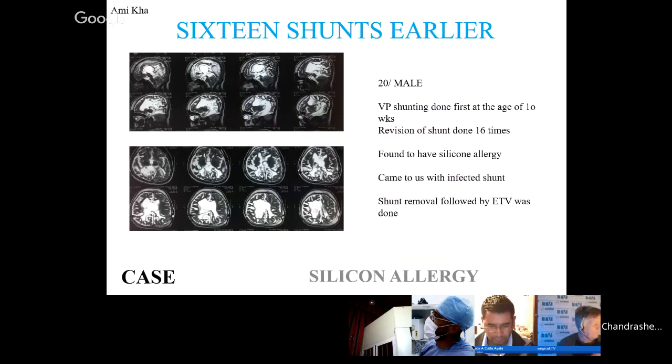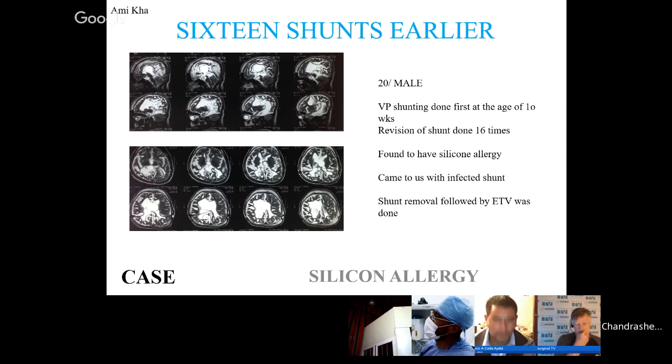Some of the advantages of doing third ventriculostomy is where the patient cannot tolerate a shunt. This is fortunately not a very common thing, but this is a young man with a silicone allergy. He's 20 years old by the time he presented to me, with a history of 16 shunts being performed so far. With several revisions, he actually had 4 shunts when he came to us. 2 of them were functioning and 2 of them were lying, in fact, open when the skin had broken